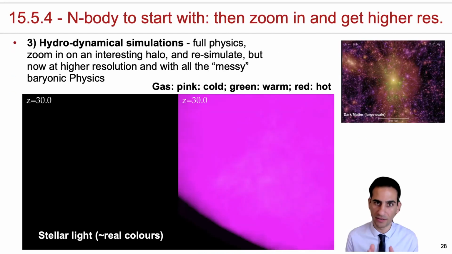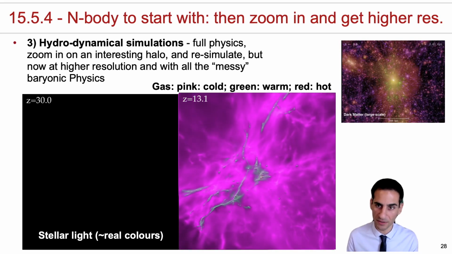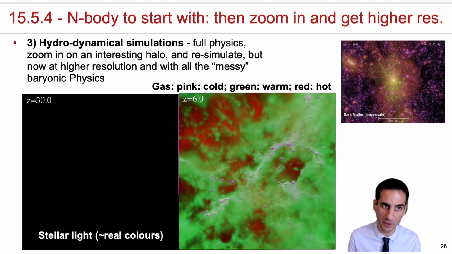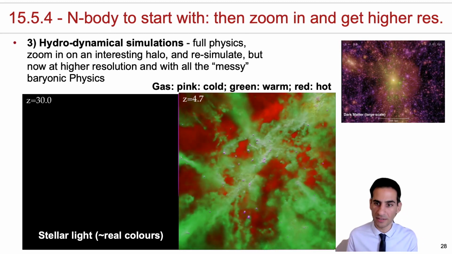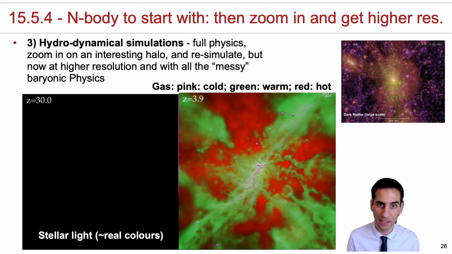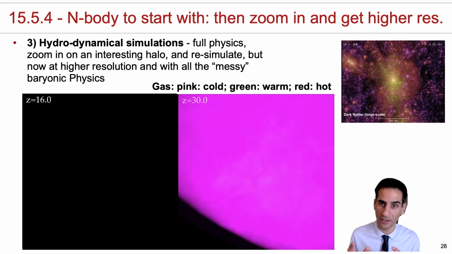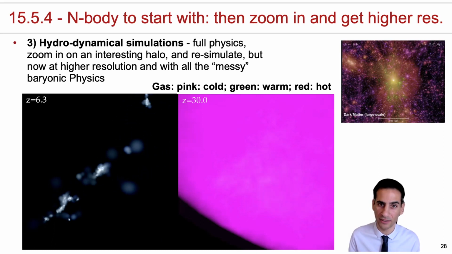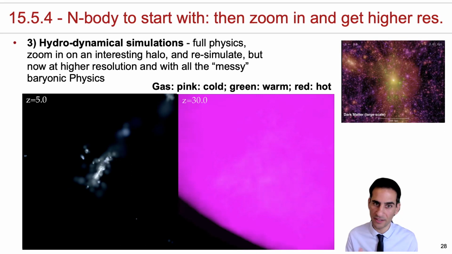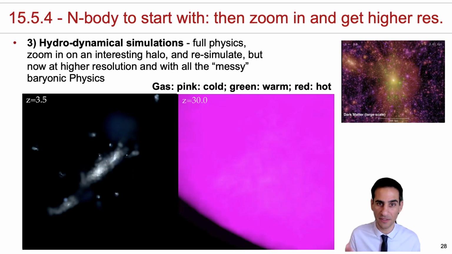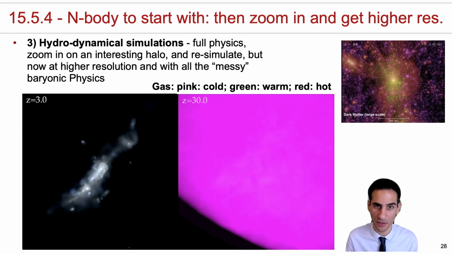On the other hand, you can take your N-body dark matter only simulation, and instead of using simple differential equations that you're trying to solve, you actually put in all the physics and you run hydrodynamical simulations. Because these do not have any approximations, they take a long time to run, but the advantage is anything that comes out emerges on its own, and therefore it doesn't feel artificial, or you don't need to put in things that are not there directly. And therefore, for many people, these simulations are much more pleasing because you don't need to add things by hand, and anything that comes out can really teach you about what goes on